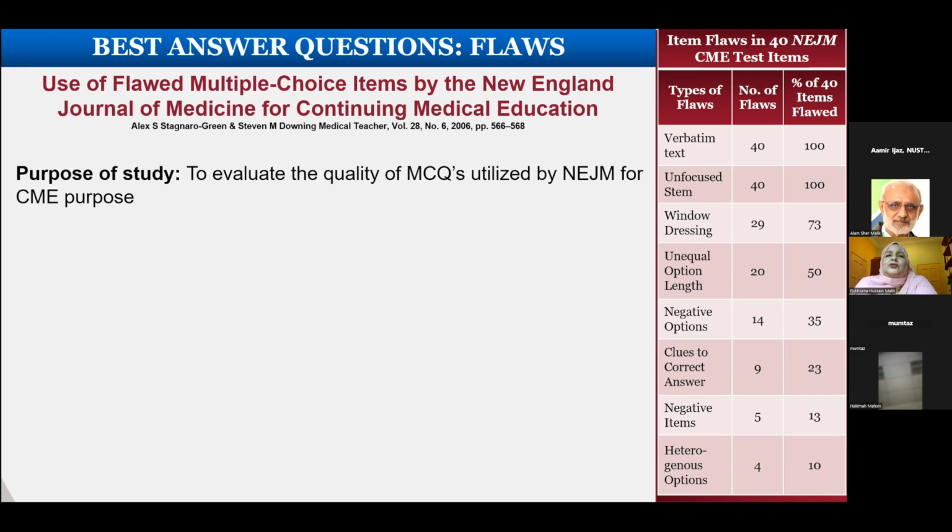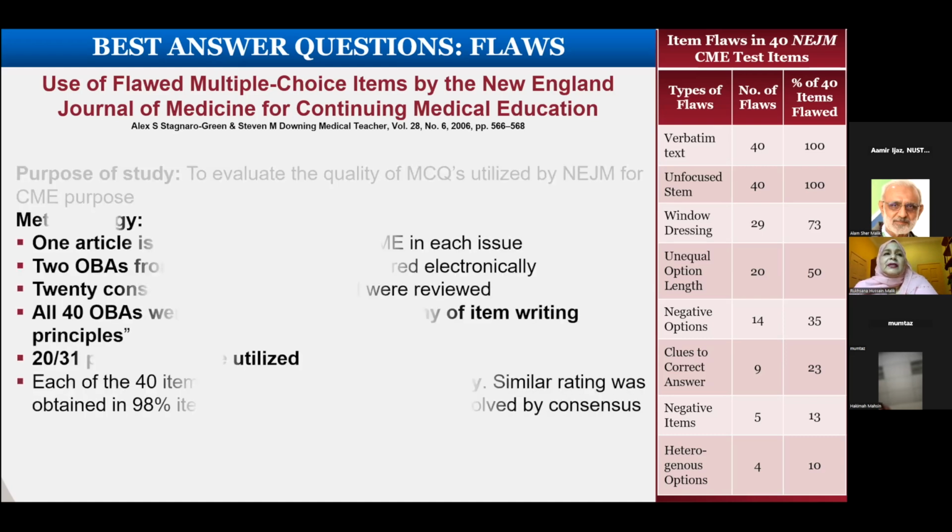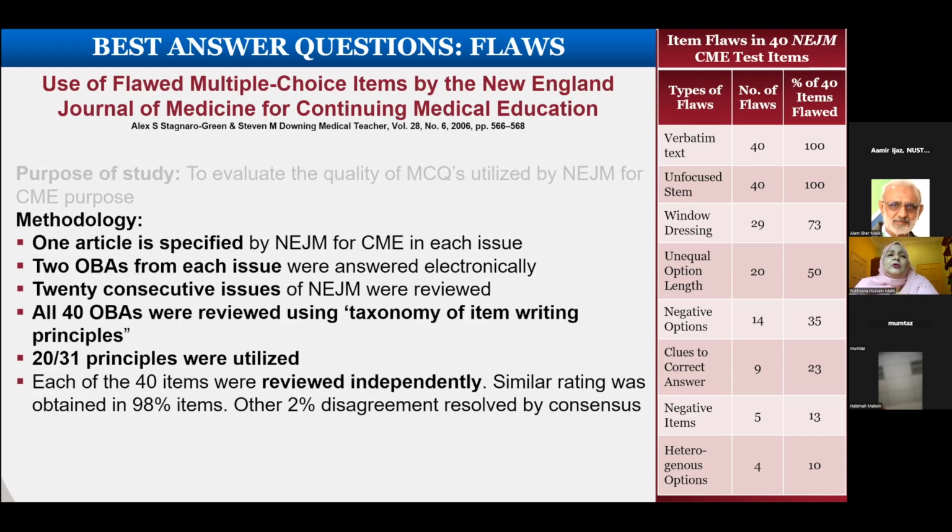The purpose of the study was to evaluate the MCQs utilized by the New England Journal of Medicine for CME purpose, which is a very prestigious journal of America. The methodology was that one article is normally specified in that journal for CME in each issue. Two OBAs from each issue were answered electronically. Twenty consecutive issues of the journal were reviewed. All 40 OBAs were reviewed using the taxonomy of item writing principles. We know that there is a taxonomy in which the principles of item writing are given,